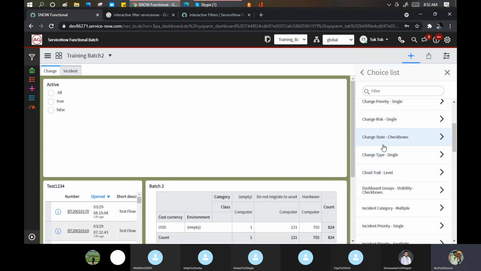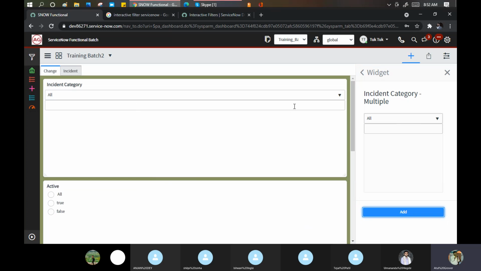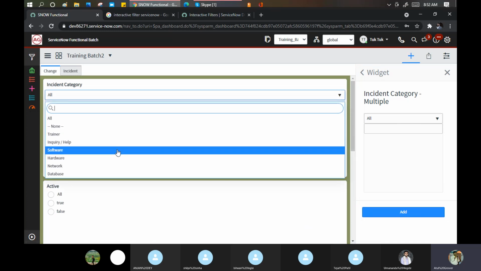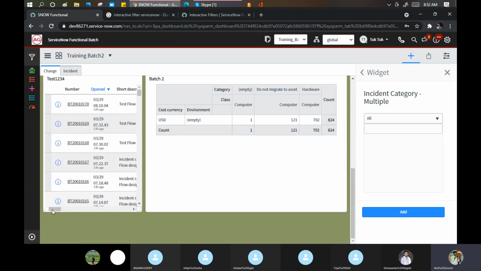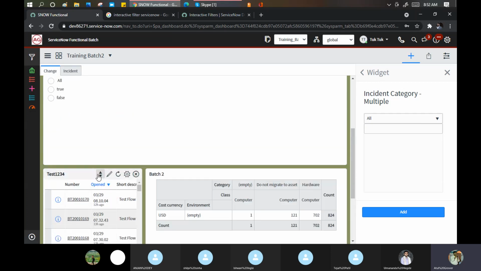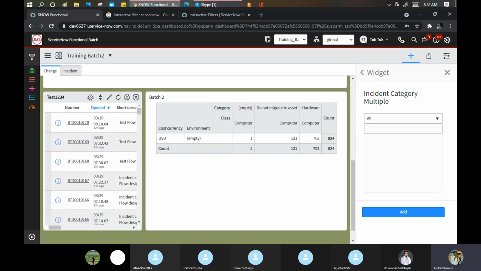This is my incident. Let's see anything on the incident priority. Click on add. It means I need to add that interactive filter on my report only. Only then will it work.